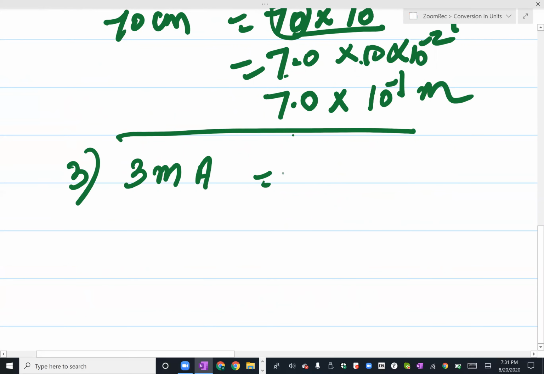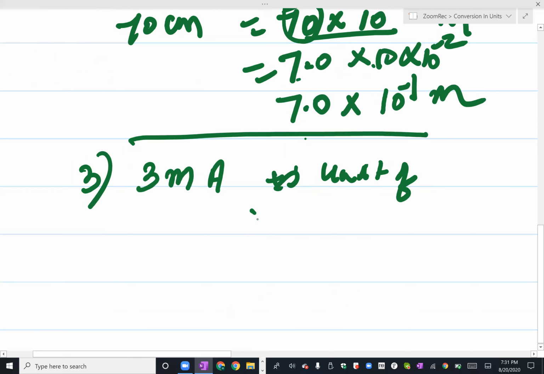That will be equal to, and is the unit of current. Because you have already learned in your 10th standard about current electricity, and you know about current, Ohm's law and voltage and all that. So you can identify that milliampere is the unit of current. That's why I gave simple examples which have already been familiar in your 10th standard or 9th standard classes. 3 milliampere is the unit of current.